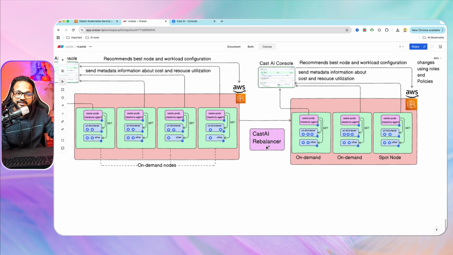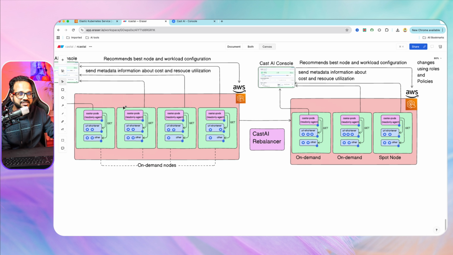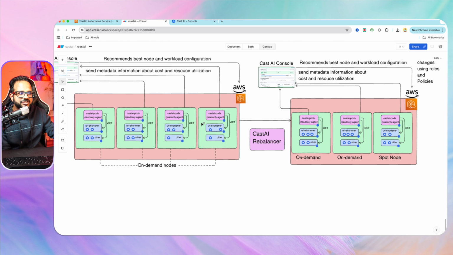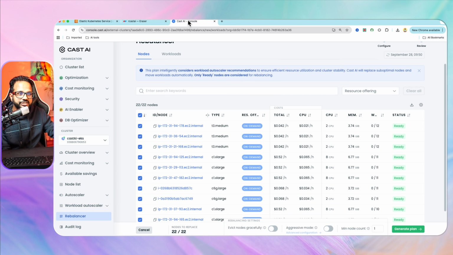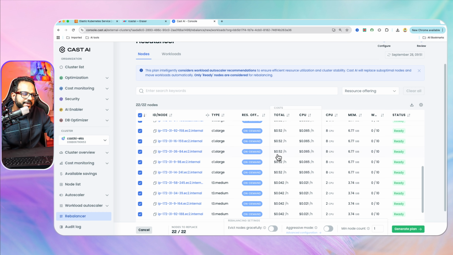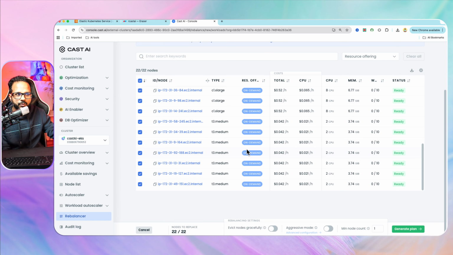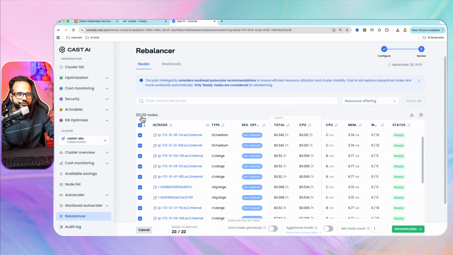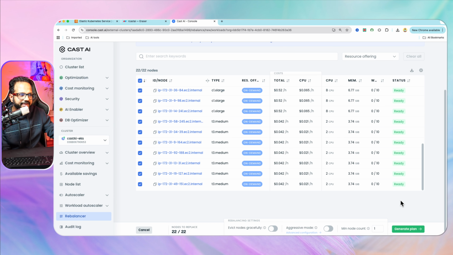It's a service that is running on CastAI. What it will do is check everything based on the workload and best node configuration. It will realign your cluster. It will change the nodes, change the node count, change the machine type family, and change the way the pods are being scheduled on the cluster, right? So it will do all those changes, but before making the changes, it will show you how it will look. Okay, so for now I have 22 nodes selected, and if I click on generate plan,